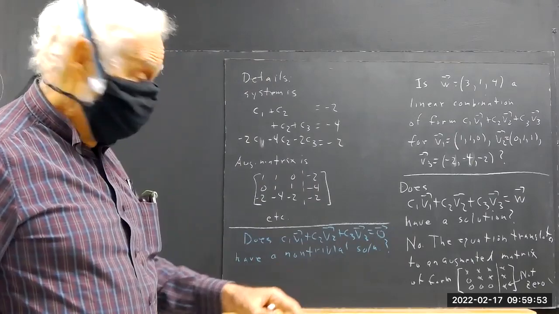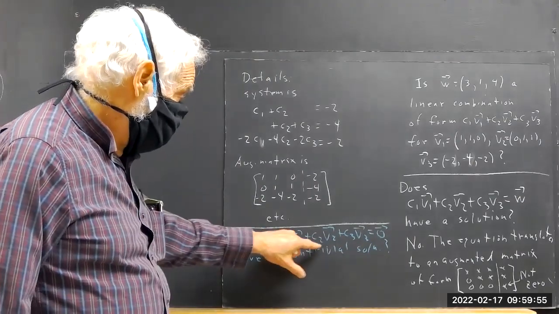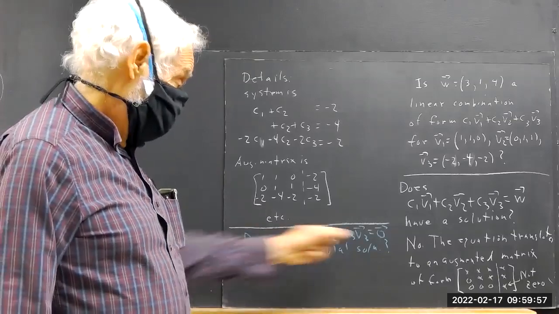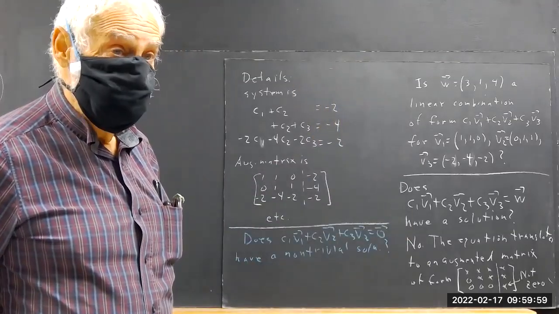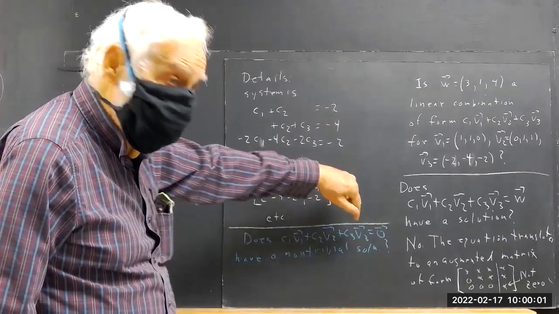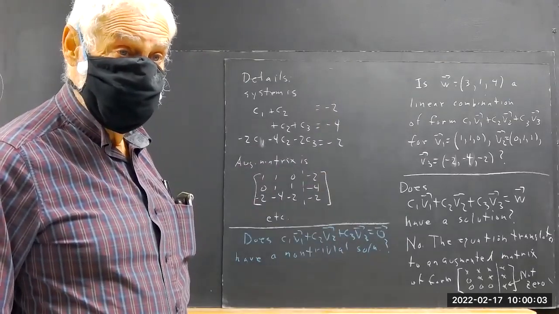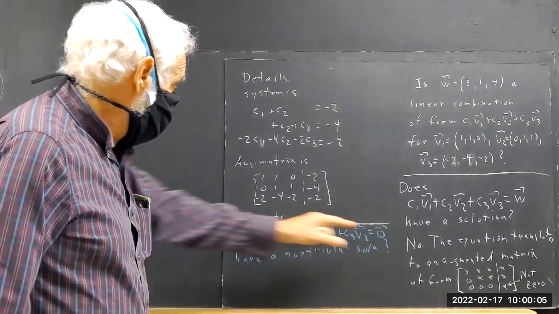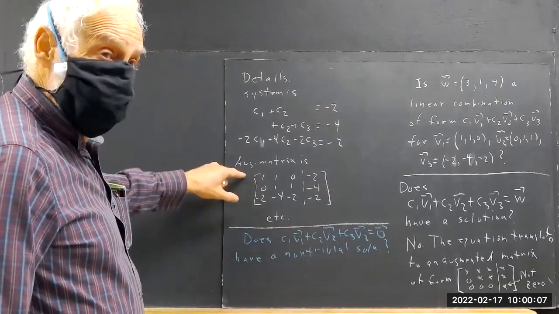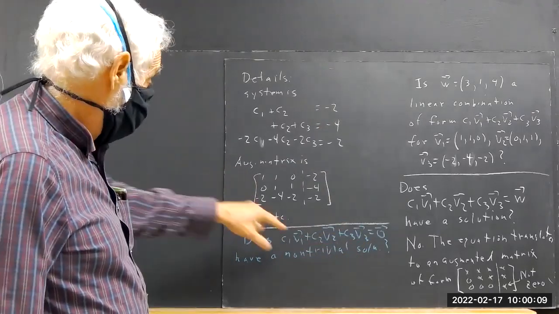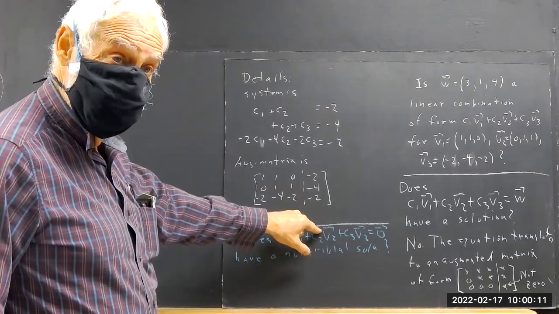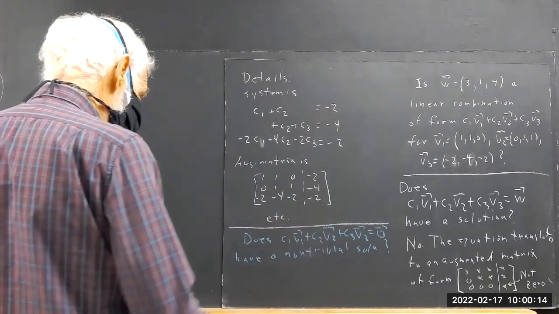Okay, by trivial solution, I mean, obviously C1, C2, and C3 are all zeros, and that's going to work, right? But with C1, C2, C3 that aren't all zero, you can see that this equation would lead to the same matrix, except you'd have zeros over here, right? So